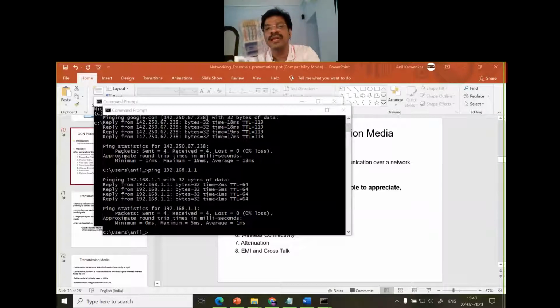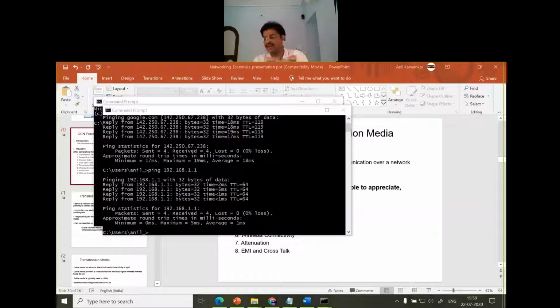This is known as an RJ45 jack. At the other end of the cable is also an RJ45 jack. And I am having a UTP cable. This UTP cable has 4 pairs of conductors. These 4 pairs of conductors are used to provide the communication between your terminal and the network interface device, typically a switch.